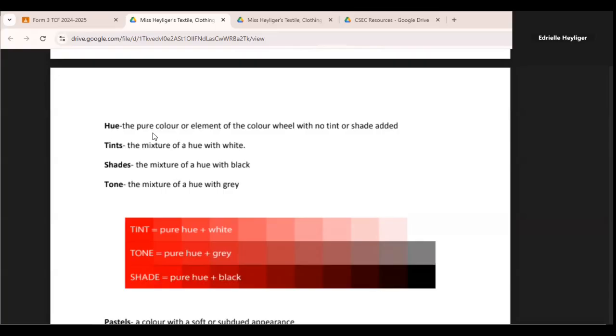So I don't want to say a lighter or darker version, somewhere in between, but adding these pigments at varied amounts would give you different effects or different versions of the hue or different versions of the color. So we could use the term hue interchangeably with the term color because that is essentially the pure color. But tints would be an addition of white, shades would be an addition of black, and tones would be an